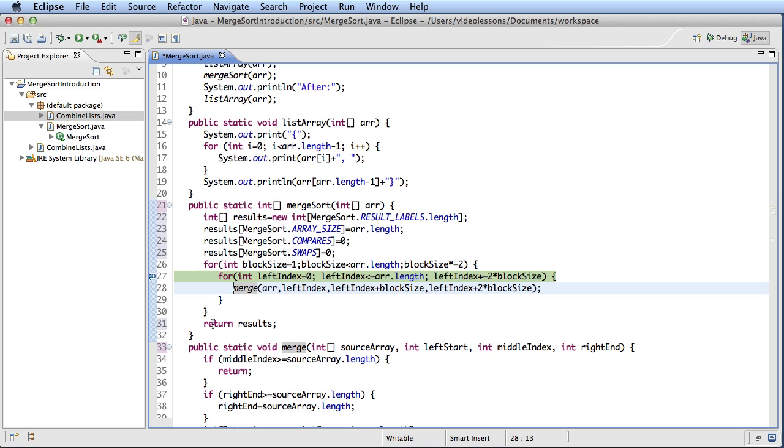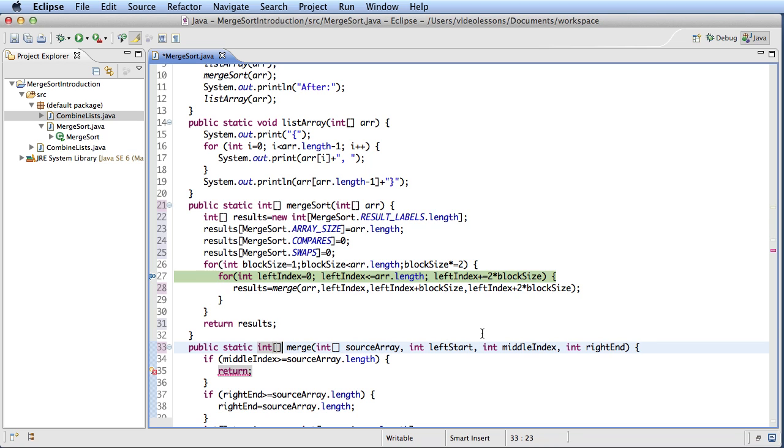Therefore, what we're going to need to do is to take this array and pass it into, or rather gather the results from the merge method, which means that the merge method now is also going to have to return an integer